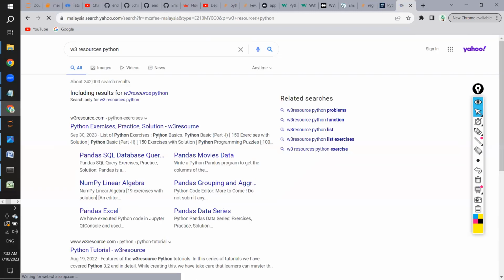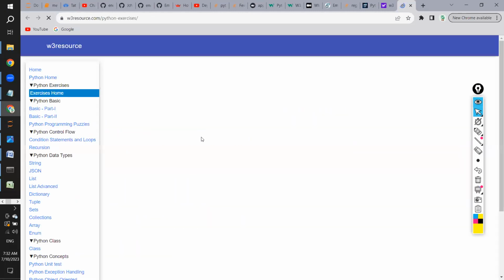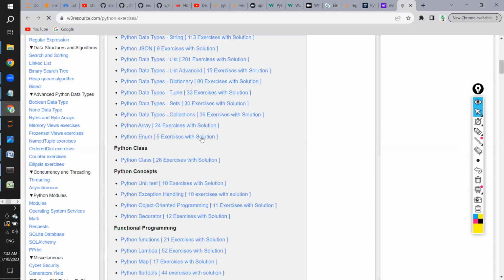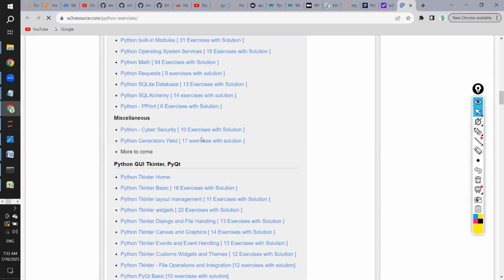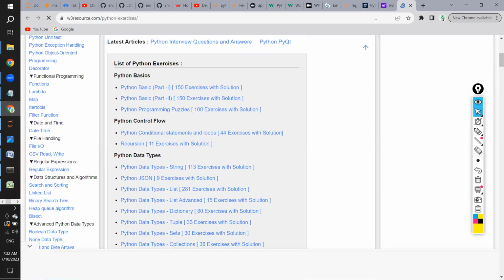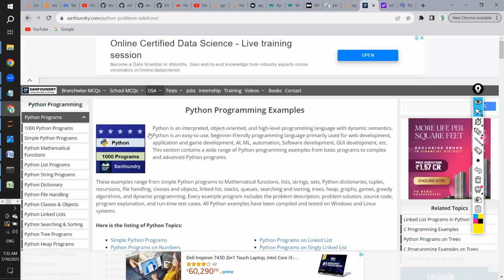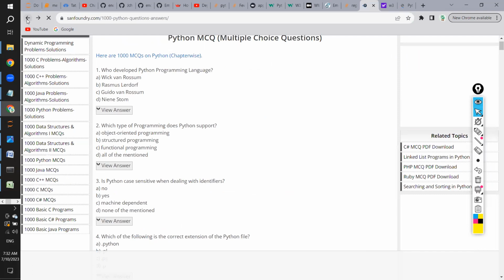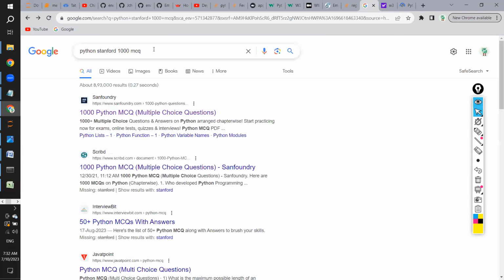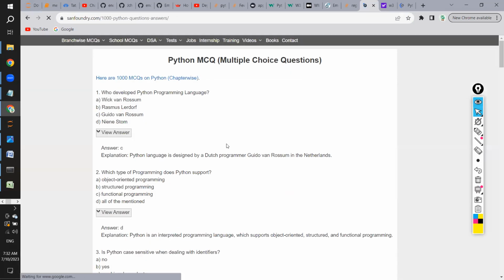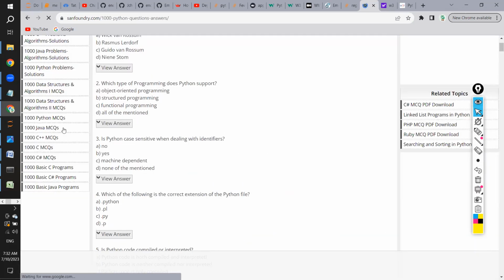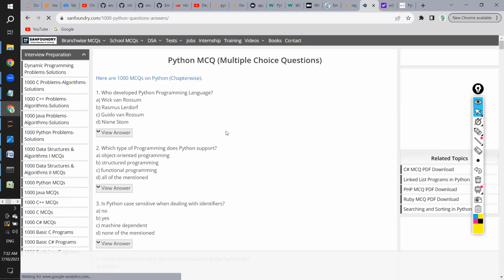So you have a place where you can solve lots of problems, on each and every example. But after that, there is this website, guys, Sand Foundry. In Sand Foundry, search for Python 1000 MCQs. Over here you will have 1000 MCQs, and I'm telling you this is going to help you extremely. As you can see, you have 1000 Python questions. So if you are willing to go for a